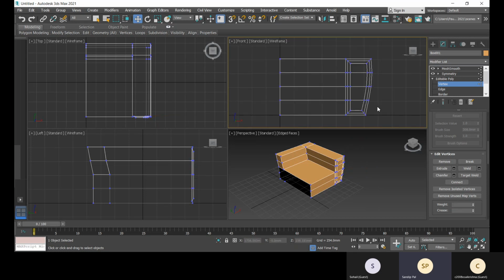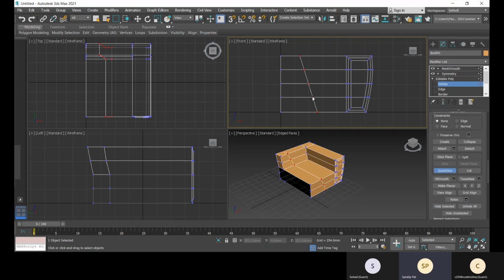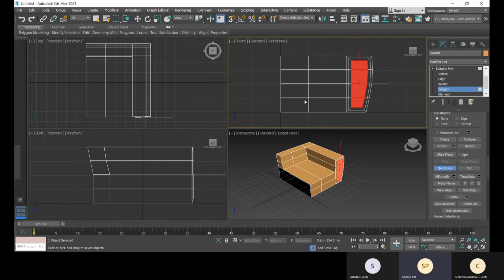Okay. So next I'll go for quick slice again. So make sure you are making a straight line. Okay. So now I have these 4 faces. I'll again go to this polygon. I'll make sure you exit from the quick slice.